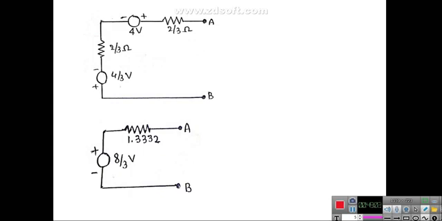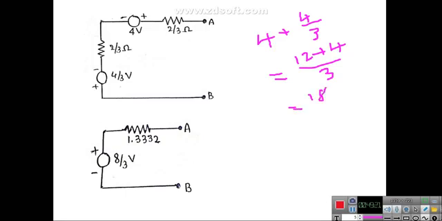So how can we add? 4 plus 4 by 3, so its value is equal to 12 plus 4 divided by 3, 16 divided by 3, sorry, 4 plus 4, now 4 plus 4 by 3, so 3 is common, so